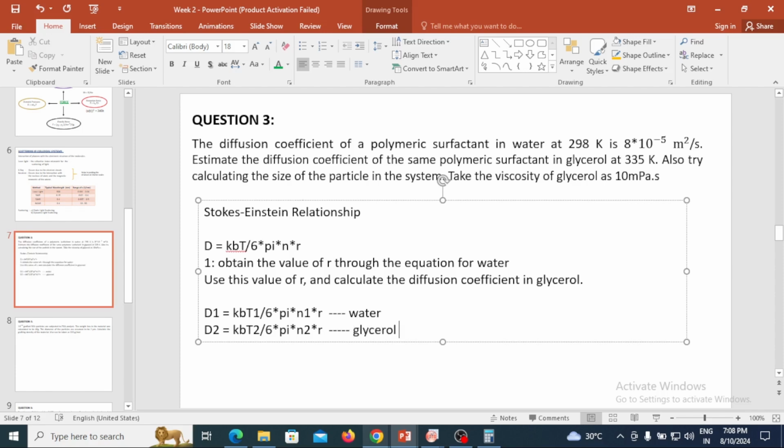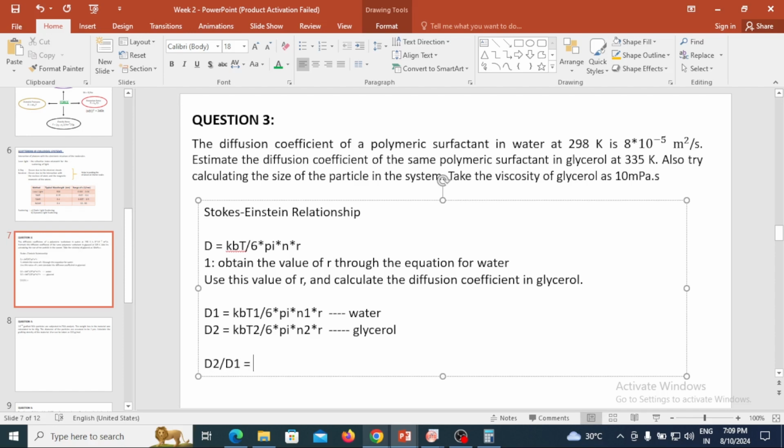So if you see here, you have to calculate D2. So D1, D2 will be there. kB is common, so they will get cancelled. 6 will get cancelled. Pi will get cancelled. R will get cancelled. So what you will be remaining is, if you divide this equation, D2 by D1